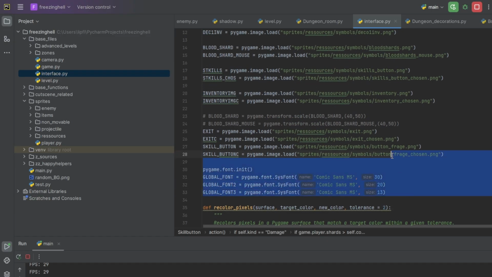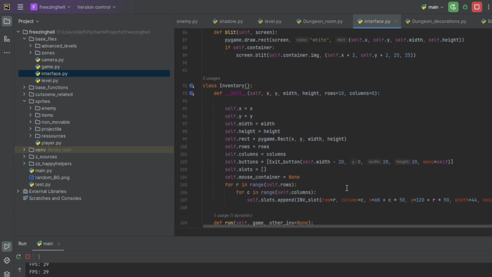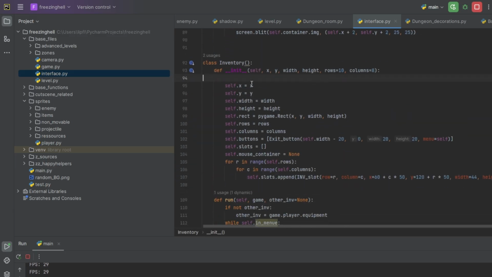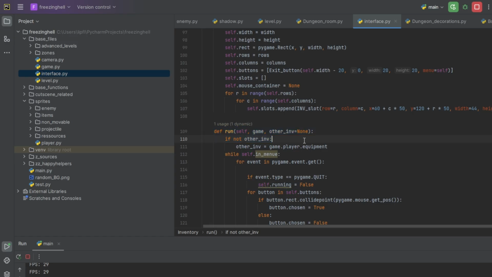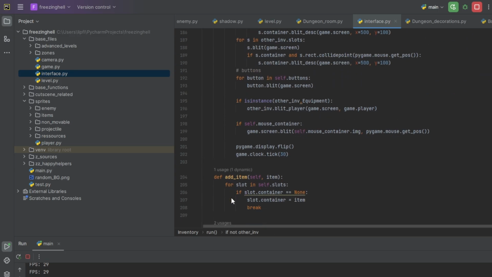I loaded a lot of images for the buttons. Here's the inventory. When you open it, in the one function, I have another inventory, which is usually none. And if there is no other inventory, it will open the player equipment by default. Here is all the stuff.